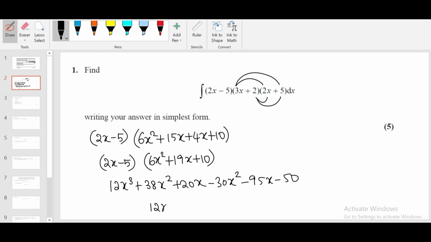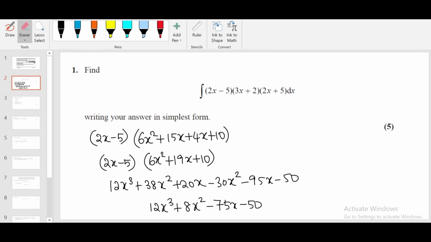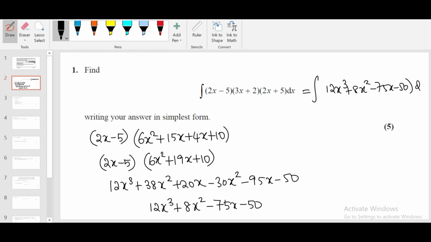You will get 12x cubed, 38 minus 30 is 8x square, 20 minus 95 is minus 75x, minus 50. That's all. We opened the bracket and simplified it. Now we have to integrate it. So you can write one more step. The integral of this whole thing is equal to the integral of the simplified form, 12x cubed plus 8x square minus 75x minus 50 dx,